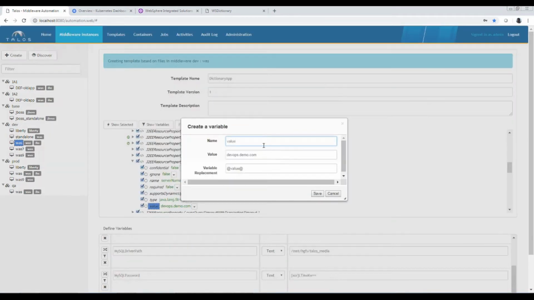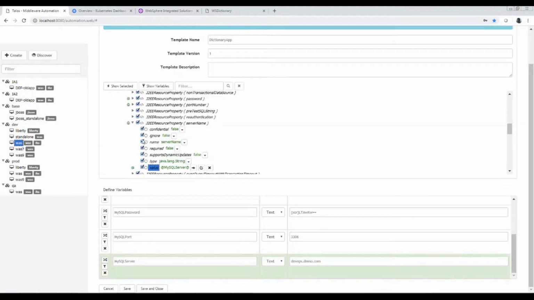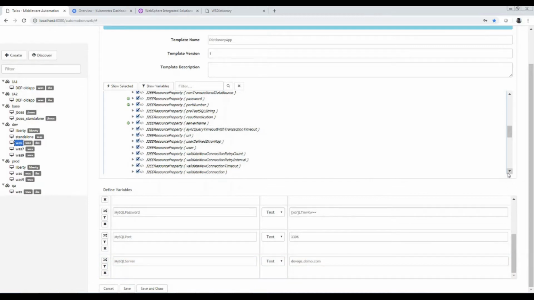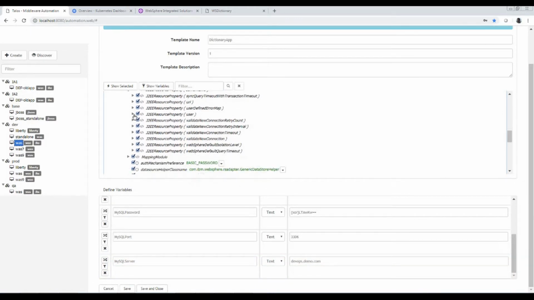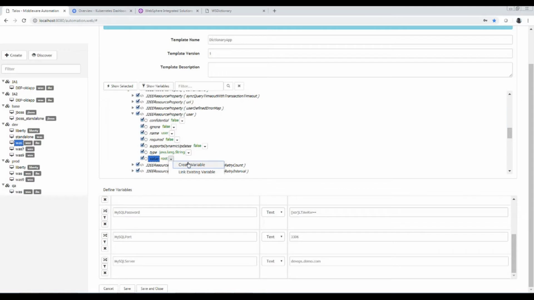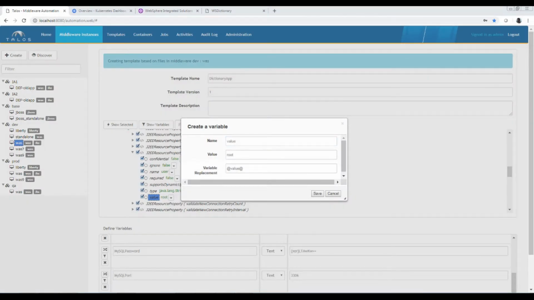And the server name may change as well. So let's create my MySQL server variable, and the user for connecting to the database may change as well. So let's create another